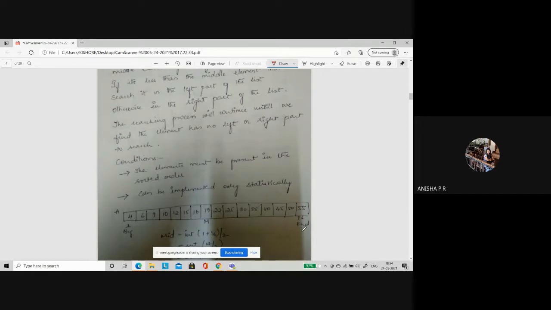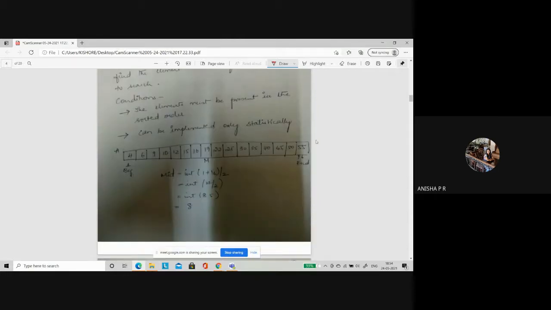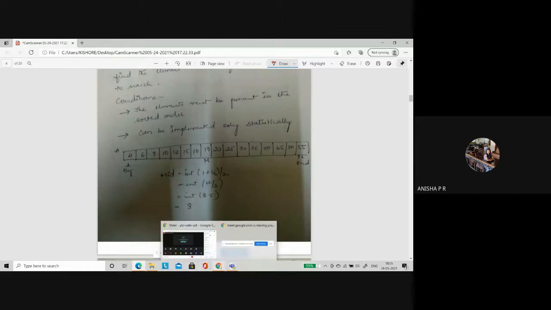Okay. Now assume that I took this set of elements which are already sorted. This is from 1 to 16. It has to be from 0 to 15, I understand, but for easy representation I'm calling it 1 to 16. Now what you have to do in a binary search, whatever the elements are there, you have to find out the middle position of this complete array. What is an array here? Can anybody answer what is an array here? Guys, what is an array here?